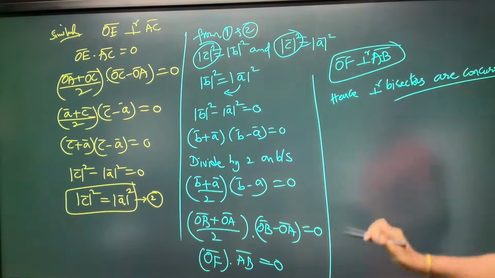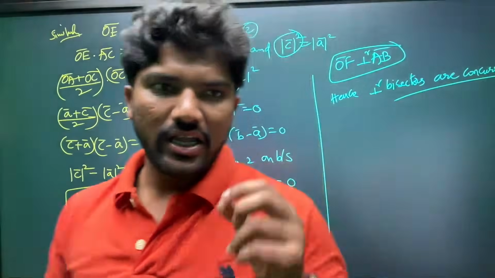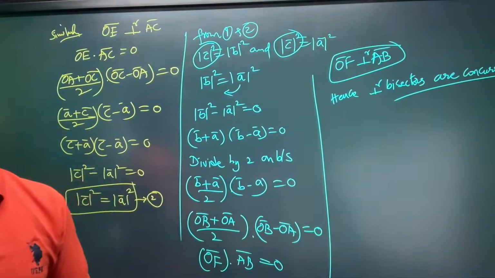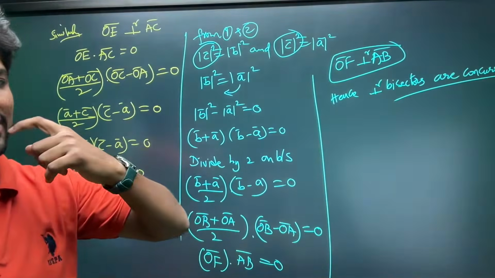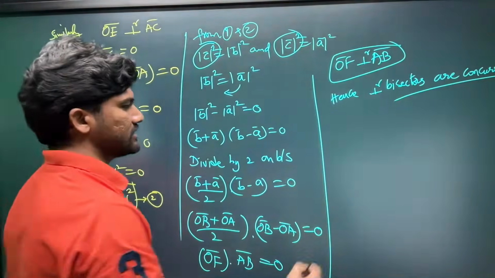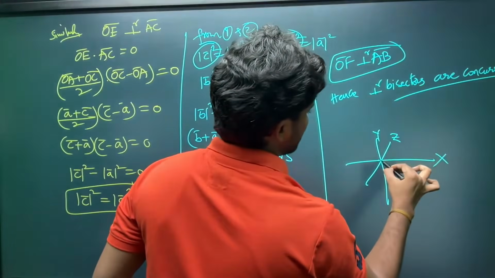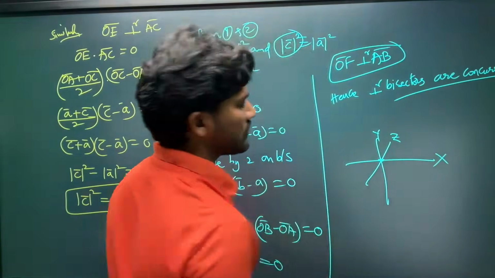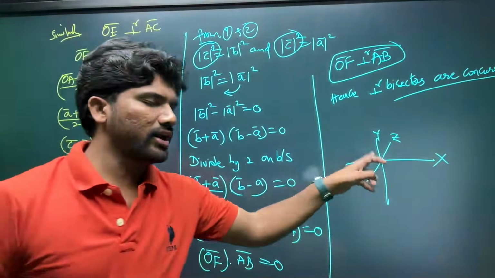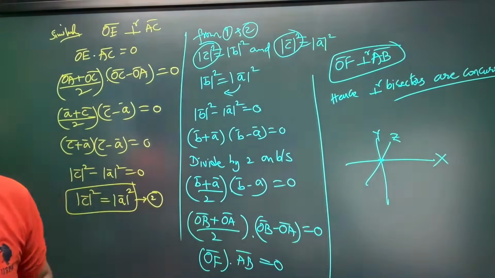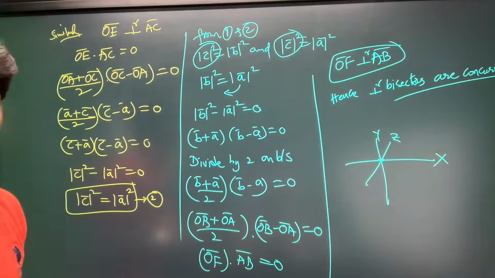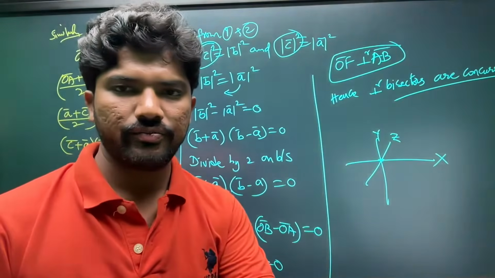Concurrent means two or more lines, if they intersect at one point, then we can call them concurrent. Okay, look here, x axis, y axis, z axis, these coordinate axes also we can say are concurrent axes. That origin is called the concurrent point. So this is the concept. Clear everyone? Okay, so